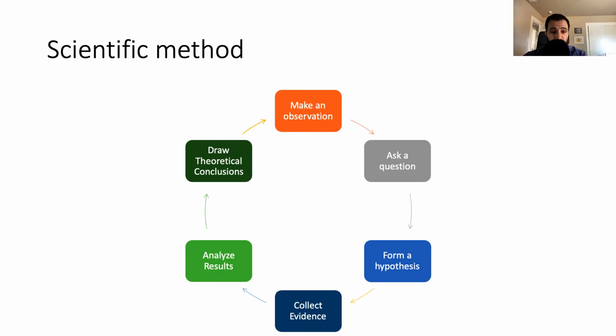And so then once we have our evidence, we will analyze the results, the data that come from our participants in most cases, and then we'll draw some conclusions. We'll decide whether our hypothesis was correct or not, and we'll use the data to more fully inform the answer